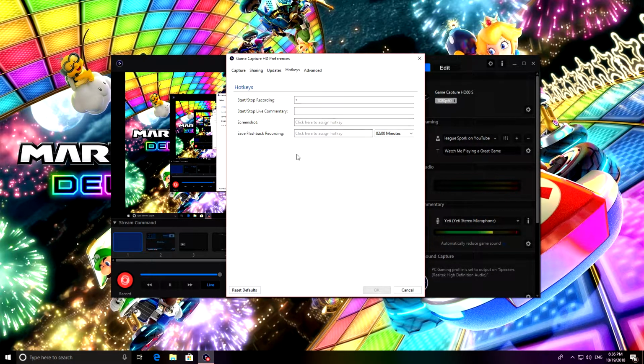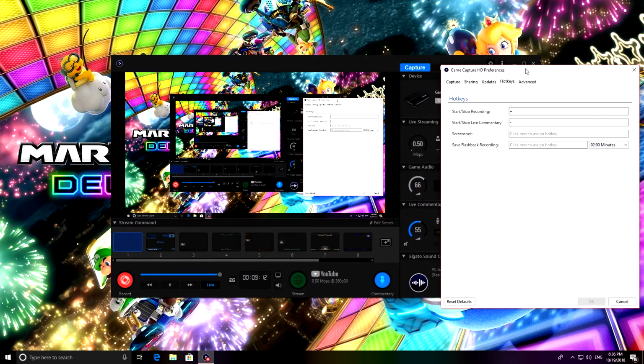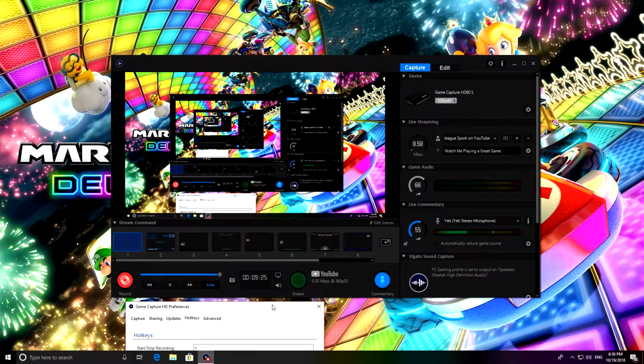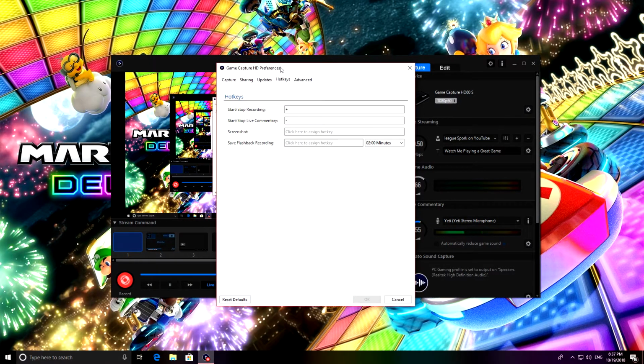Hotkeys, I like using my hotkeys because it saves me time from going down and actually hitting the record button and clicking on the commentary, making sure all my buttons are up to code. Make sure all of your buttons are where they need to be. So what I like to use for my hotkeys or my bindings, I use my plus symbol and minus symbol as my